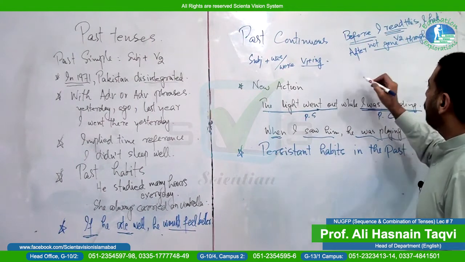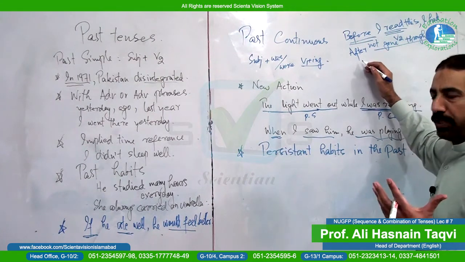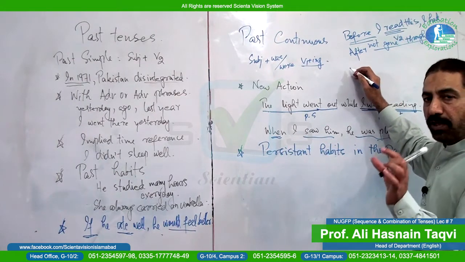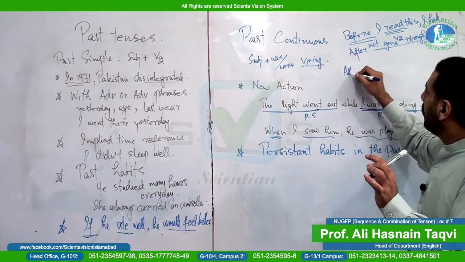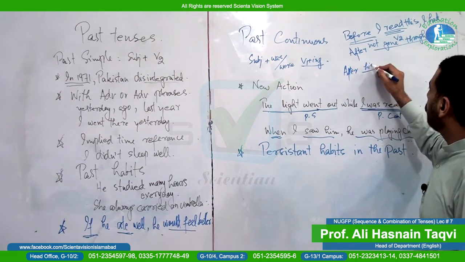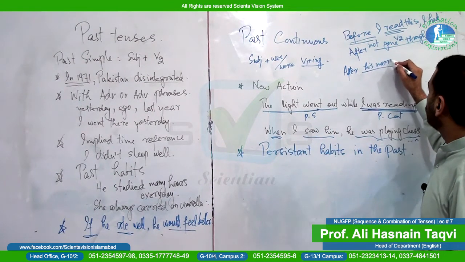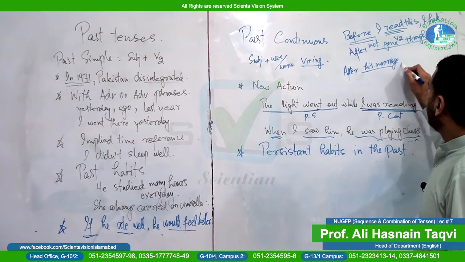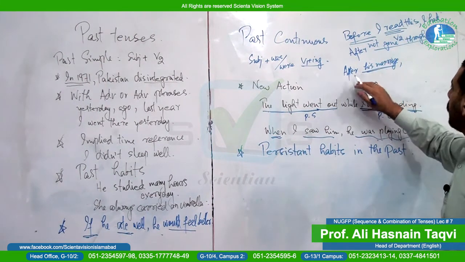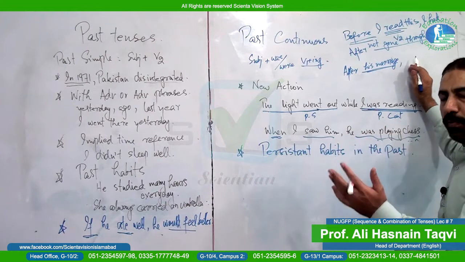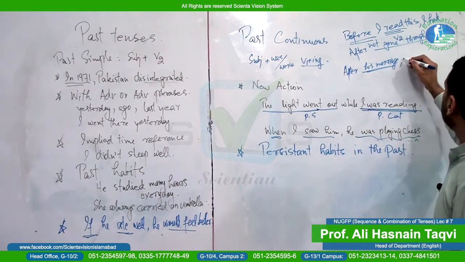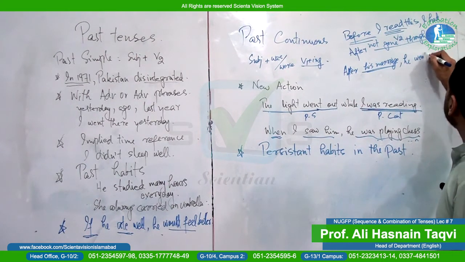When instead you have after, there are two things that you need to understand. One, you have to judge in that particular expression that carries after whether there is a phrase or a clause. Like if I say, after his marriage, now this is a phrase. There is no finite verb here. Now you cannot move to past perfect. You instead stick to past simple. After his marriage, he went to Karachi